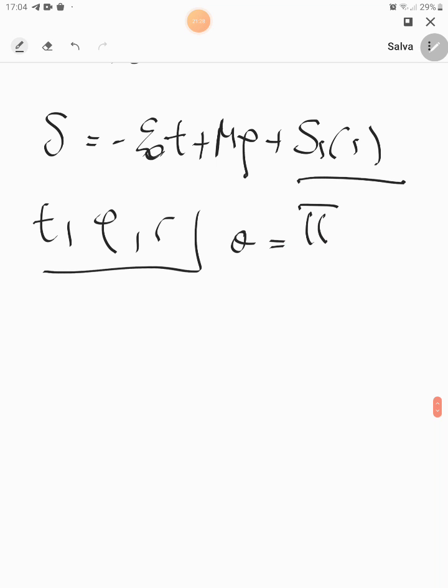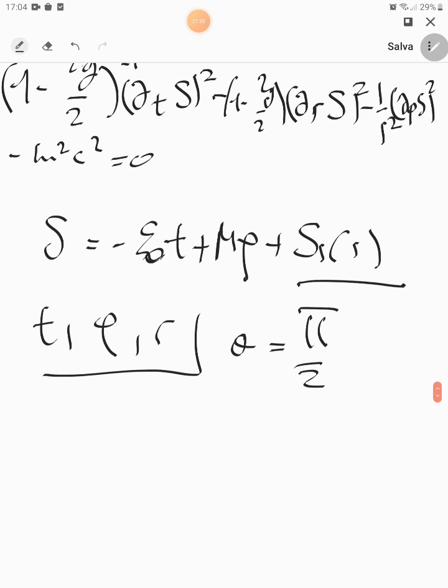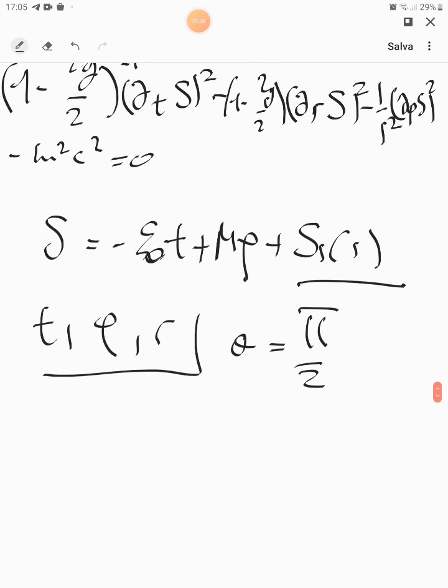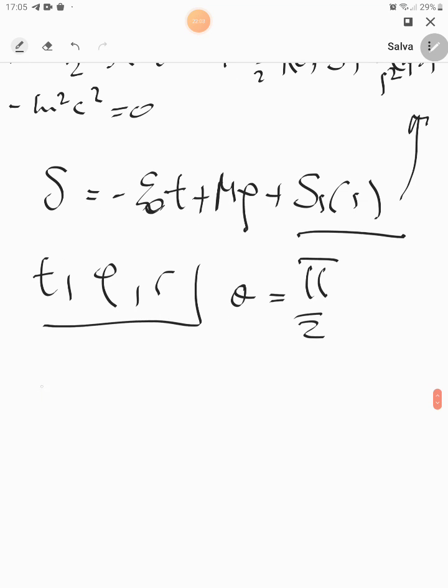So, of course, the solution S must be with just t, phi, and r. It mustn't have a term with theta, because the term with theta in the equation is equal to 0 too. Anyway, taking this term in this equation, we find